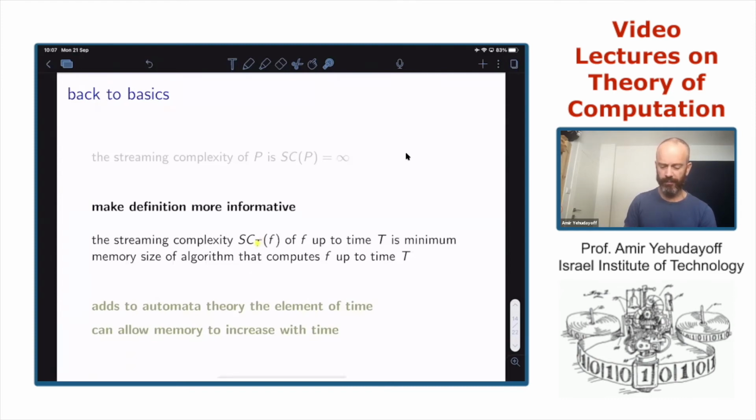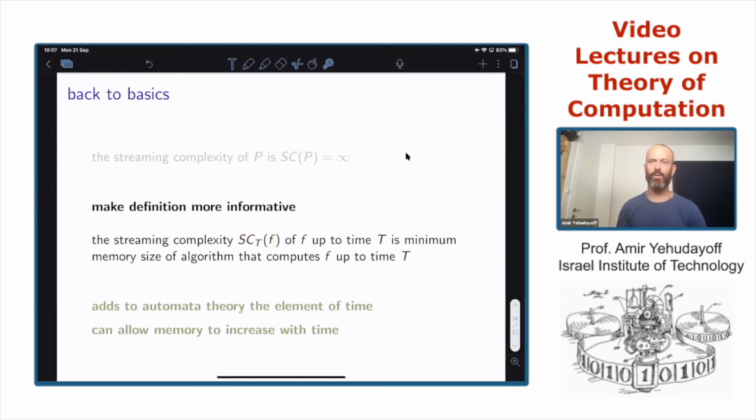We add some time capital T to the definition, and the streaming complexity up to time T is the minimum memory size we need to compute this function, but just up to time T. We don't care what happens after time T. So now we added the notion of time to the definition and to the notation.